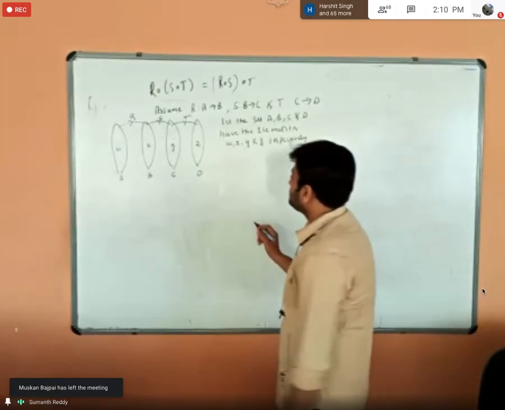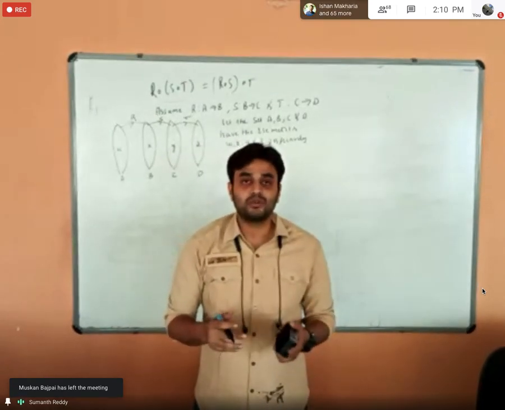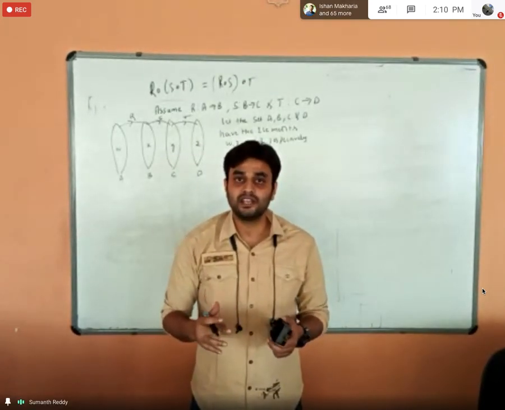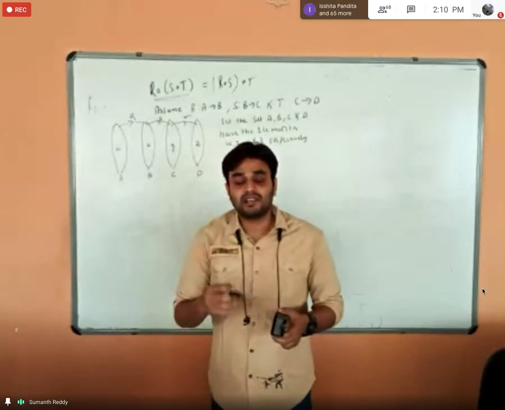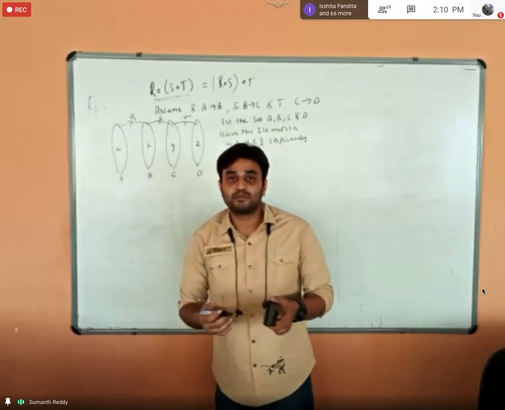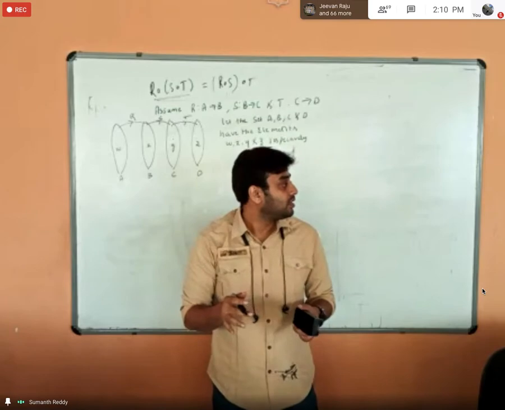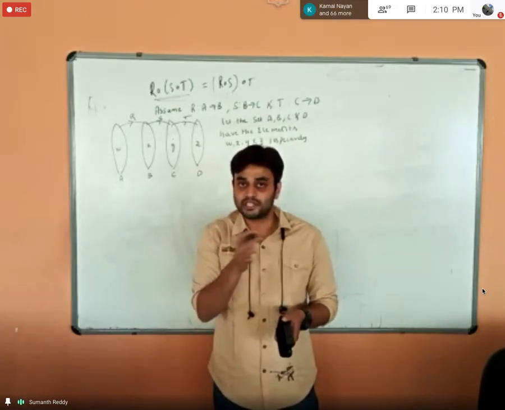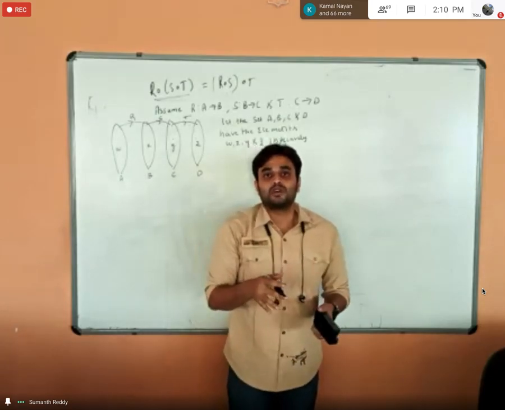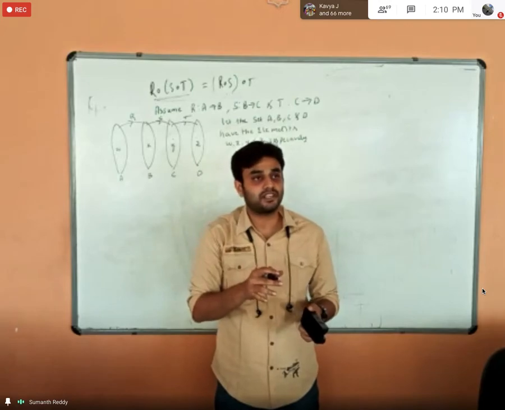Fine. So when I started module 3 itself, I told you how I am going to prove all the theorems, right? What I will do is for the LHS part I will consider one element, and I will prove that the same element also belongs to the RHS. Okay, what does that conclude? If the element that is present in the LHS is also present in the RHS, then LHS is a subset of RHS. So if all the elements of LHS are present in RHS, it is a subset of RHS.